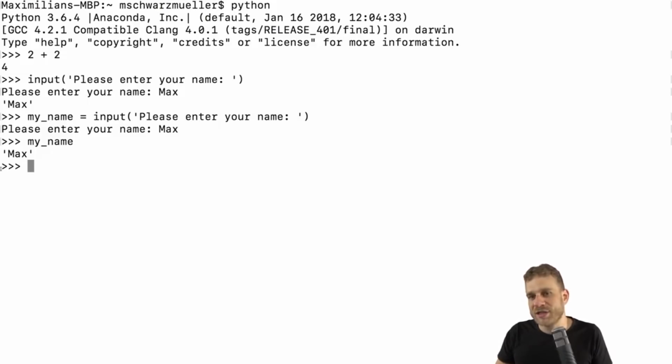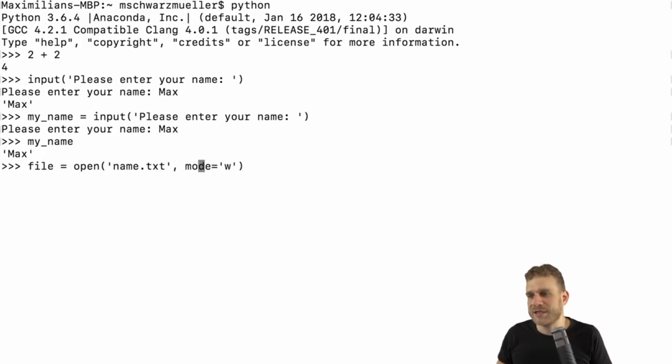And now if we want to store it in a file, we can call another function Python ships with, the open function, which will open a file for us. Now, I'll store the result of that function in another variable named file. So file equals is whatever open returns to us. And now open needs 2 things. It needs to know which file to open and how to open it. Do you want to read? Do you want to write? So I will open a file which I'll name name.txt, and I'll set mode equal to W for write.